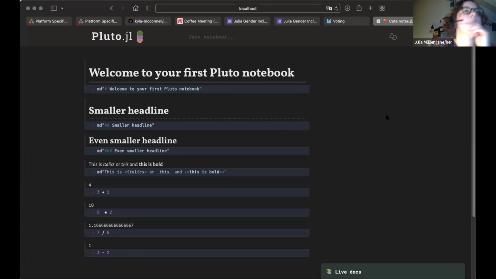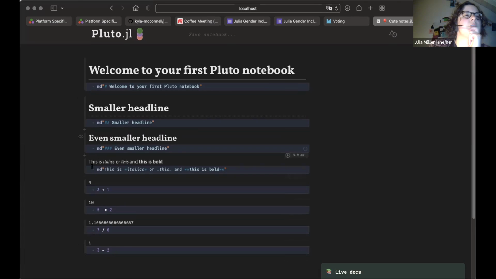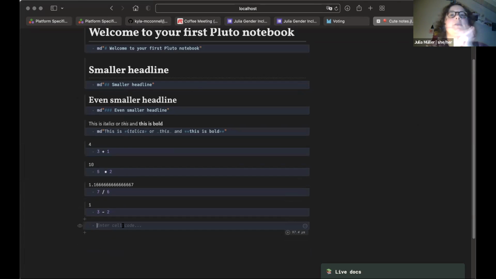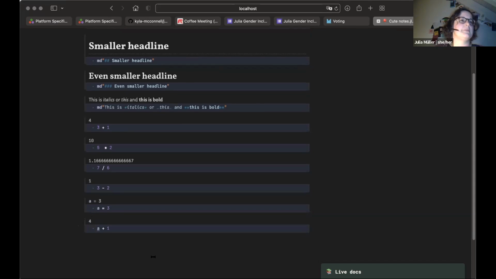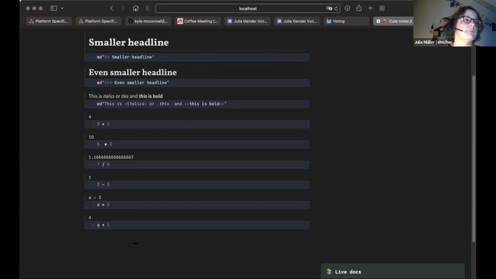Okay, and then one more cool thing, maybe you can add a new code block at the end, Kyla, and just write in A equals 3. So this is a variable that we're creating here. We'll talk more about variables some other time, but at the moment, what all this means is that whenever Julia sees A, it's going to replace that with 3. So let's make a new code block and write A plus 1 and run that. And you can see Julia added 3 plus 1 is 4, and it gives you 4 as the output.